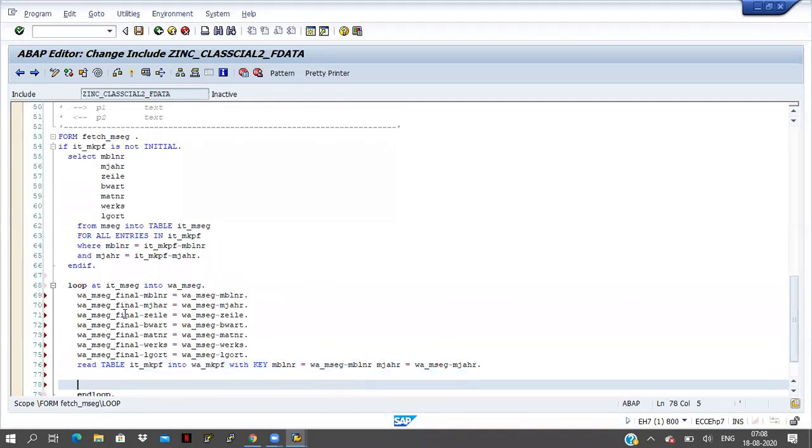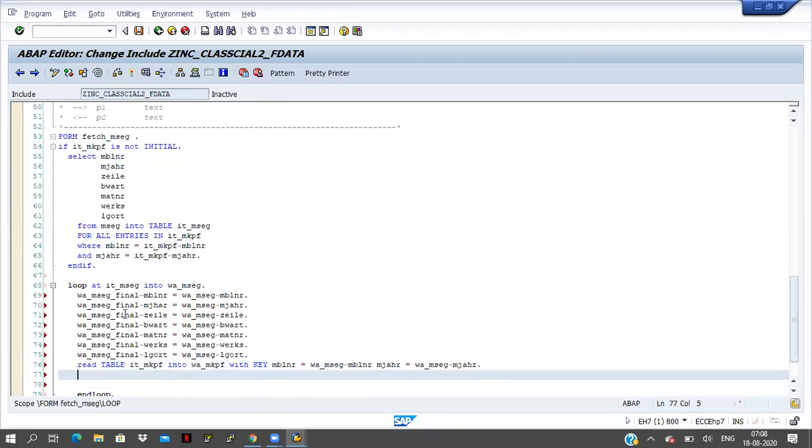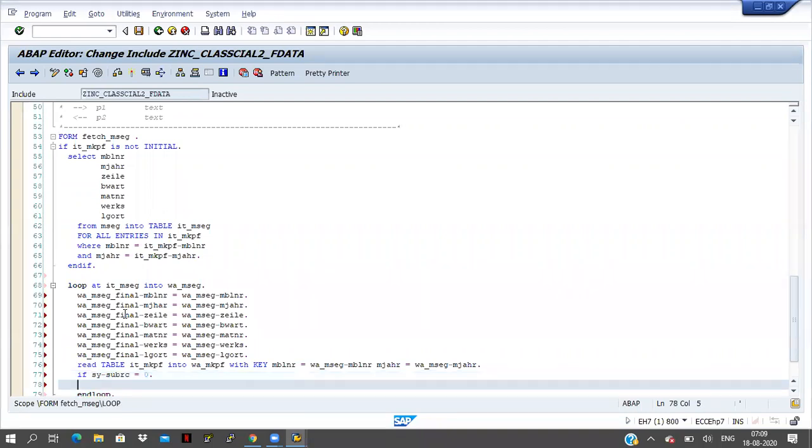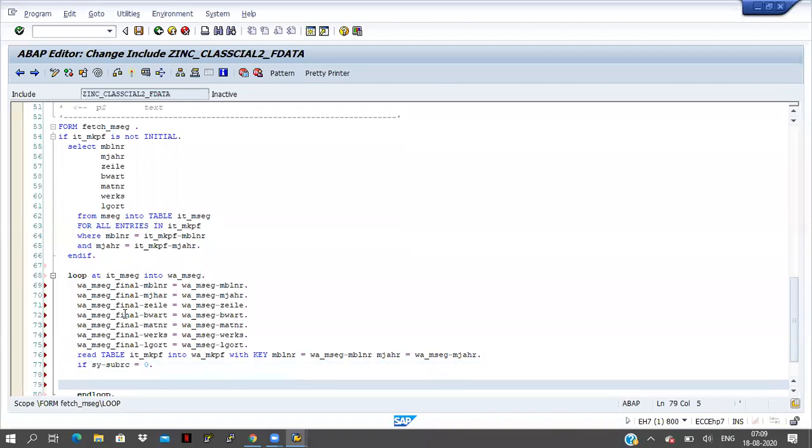Whenever we write read table syntax, after that we have to write if sy-subrc equal to 0. Don't forget about this one. If you don't write this if condition, it won't show any syntax errors, but for better performance we have to write if and end if here. And here I am writing with the key, I am not writing where.